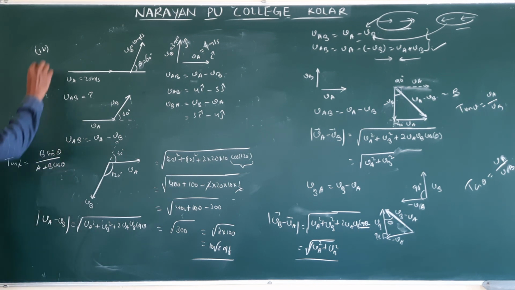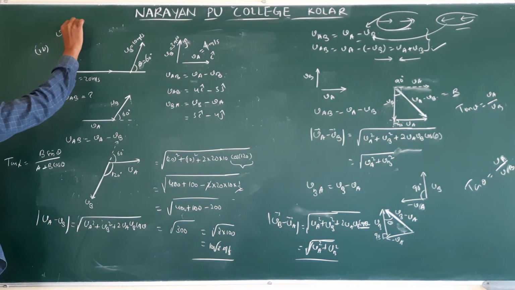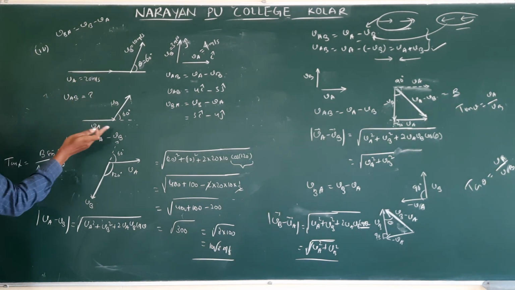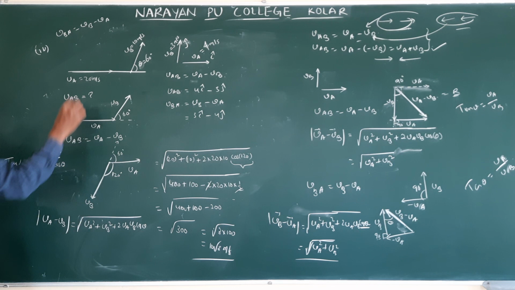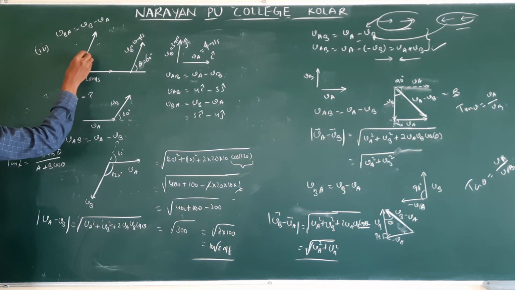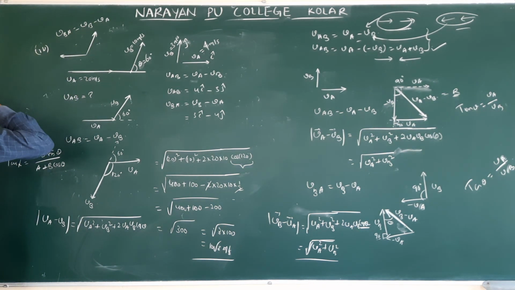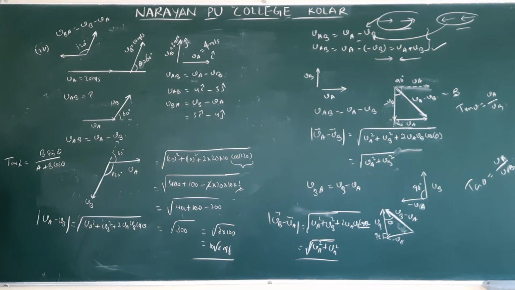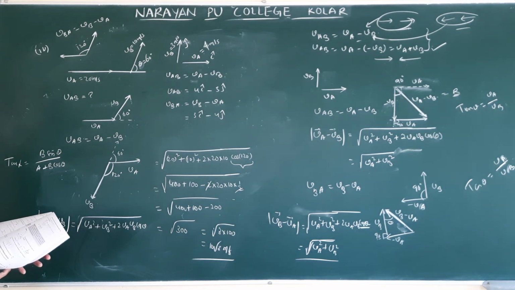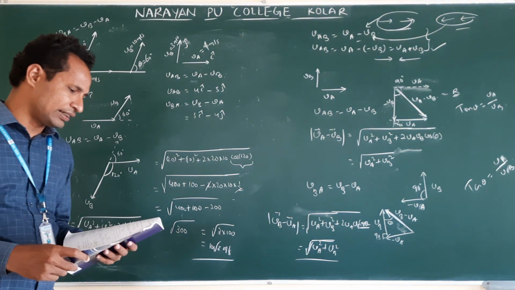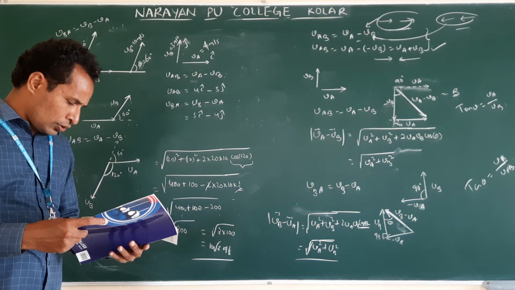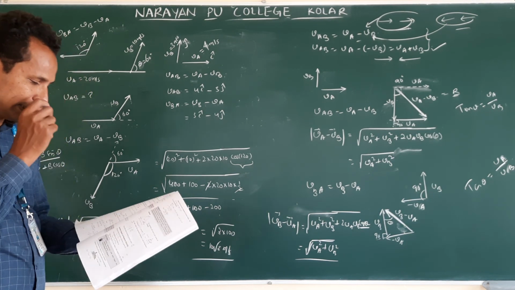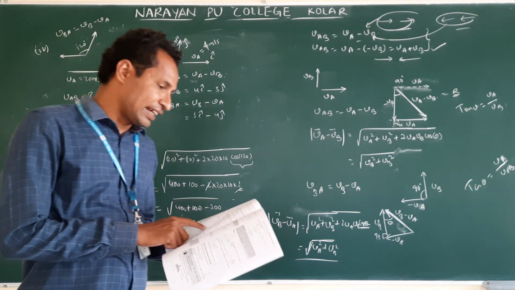In that case, if they ask VBA, what we have to do? VB minus VA. We have to make A reverse. So B we will keep as it is, we will reverse A. Understand? Again the angle will be 120 only. Clear? Procedure remains same. They given solution here. Understand? Okay, you follow this, and they given vector form also.